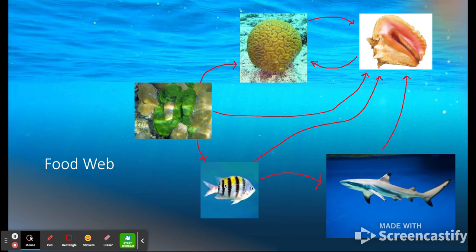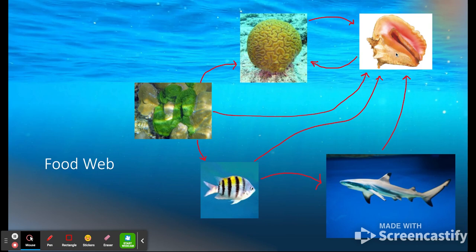They eat that, as well as the corals. They use that for photosynthetic purposes. Then from the sergeant major, the black tip reef shark consumes them as well. But since this is our top predator, nothing consumes the black tip reef shark. But if you want to say consume in a way, more like decompose, if a black tip reef shark dies,